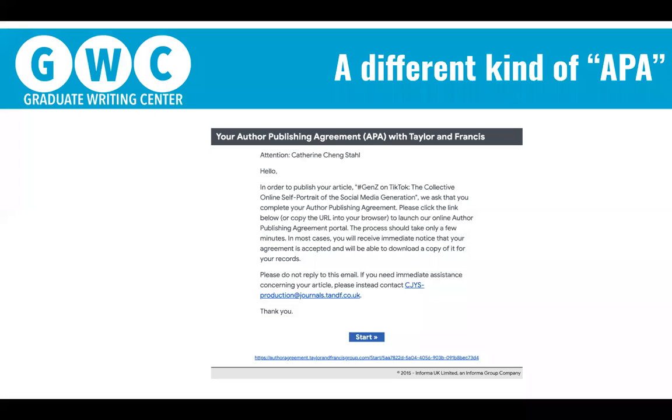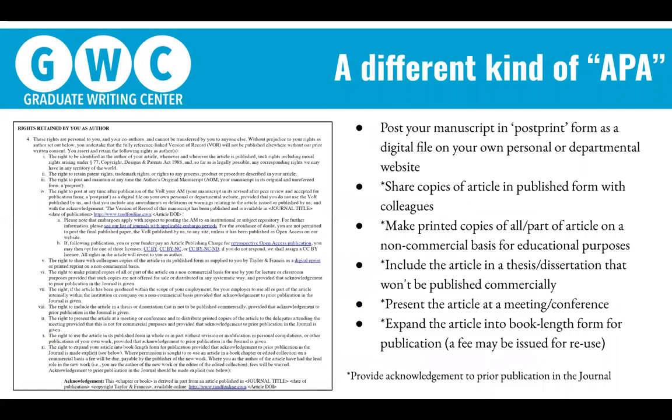It's essentially a copyrights agreement where you are signing all the title rights, I hope that's the right vocabulary, over to the publishers, to the journal, so that they basically own any and all versions of your manuscript, and whether it's in print form or in digital form, all iterations of that article basically will belong to the journal. This is a step that you have to go through in order to have your article published. So you really have no choice.